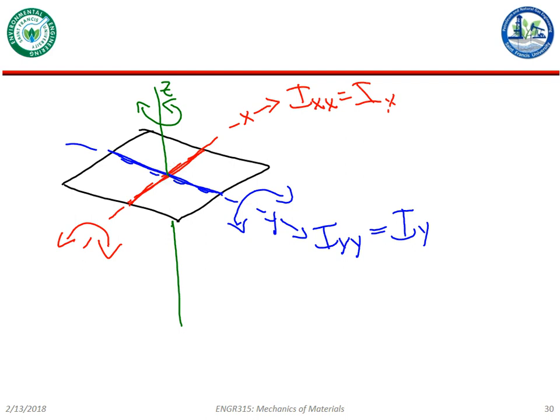So all these axes go through the same point. So I can say that the polar moment of inertia, J, is equal to the sum of my two in-plane area moments of inertia on axes that go through the same point that the axis of the polar moment of inertia goes through. All right, are we